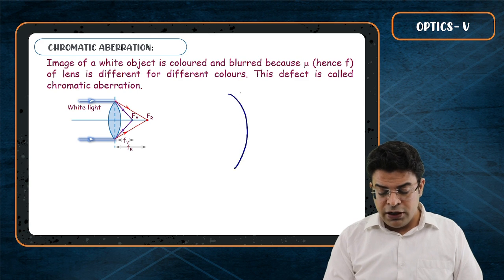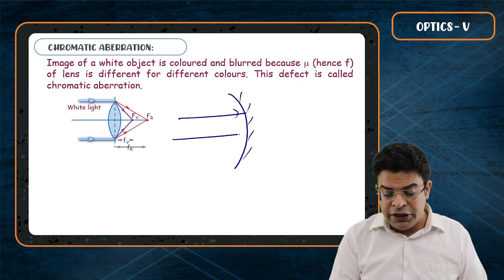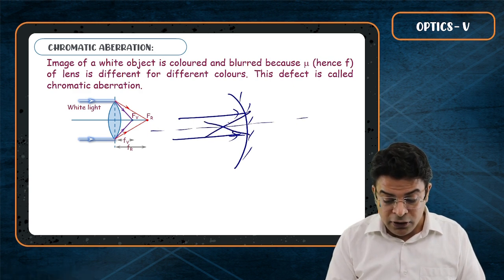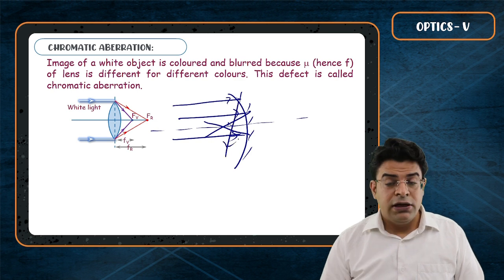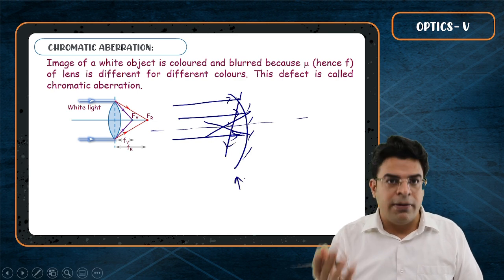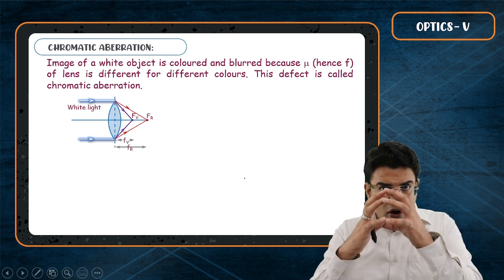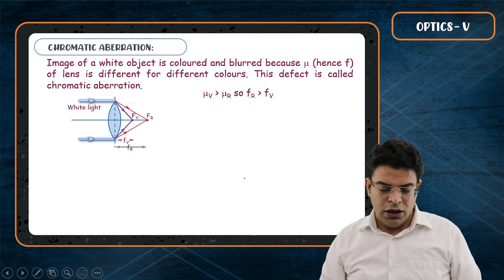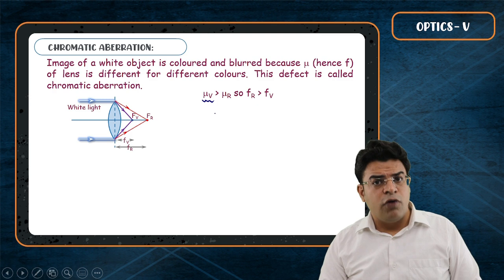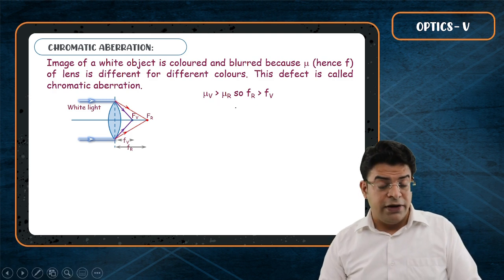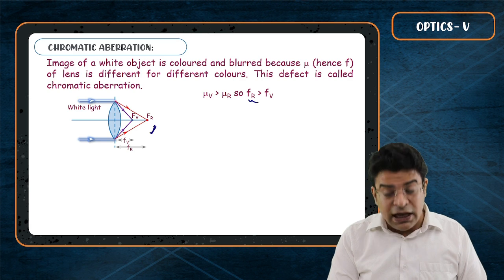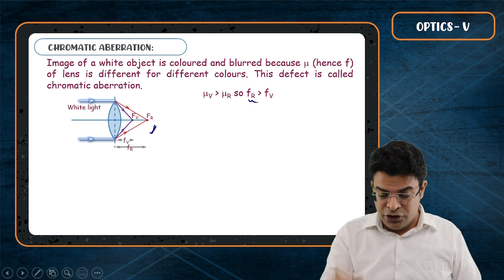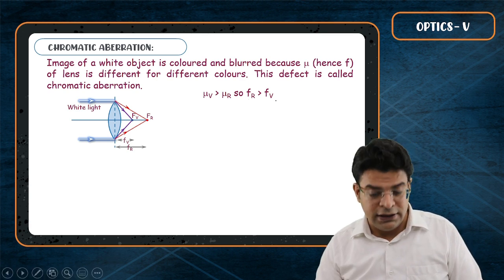While teaching you mirrors, I said that only the near parallel rays after hitting the mirror pass through the focus. Only the near parallel rays, not the farther ones, right? And we said that this aberration is called spherical aberration. Lenses also have got spherical surface. So lenses even show spherical aberrations as well. Now, bachcho, since the refractive index for violet is greater than the refractive index for red, the focal length for red is highest. The power for red is least. The focal length for red has the highest magnitude and the focal length for violet is least.